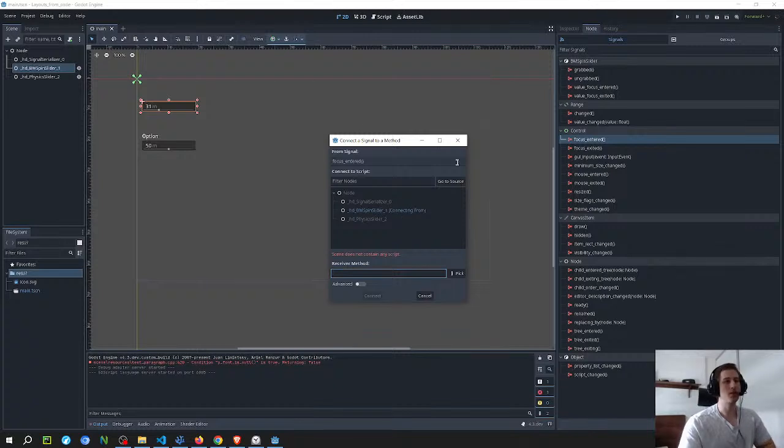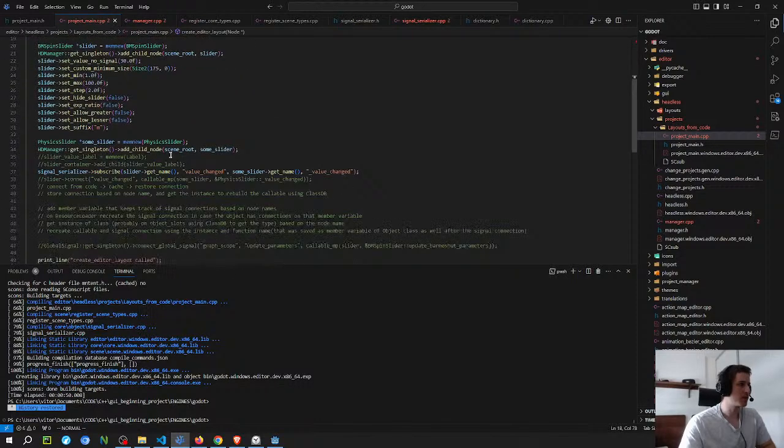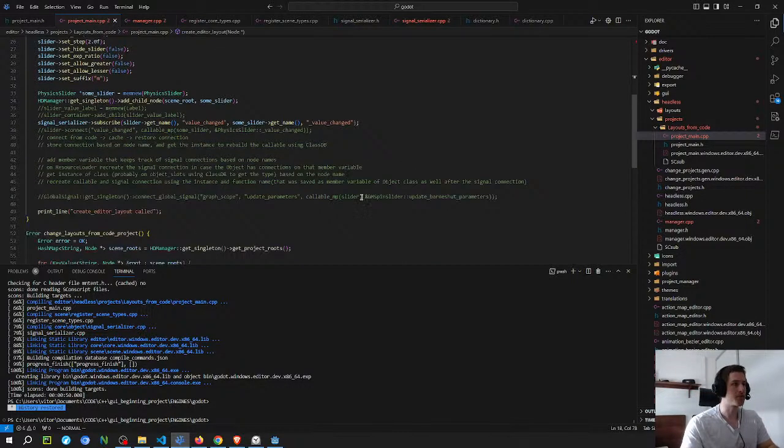But so this is the way to do it on the GDScript from the editor. But if you want to do it from C++ code, it's basically the same thing, because obviously the GDScript file is going to be parsed into C++ code, and the functionality is very similar. So on C++ code, all the classes that inherit from object can declare